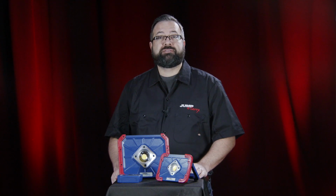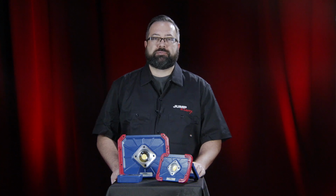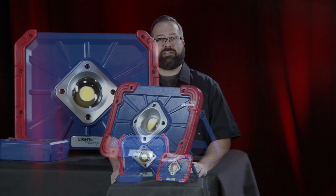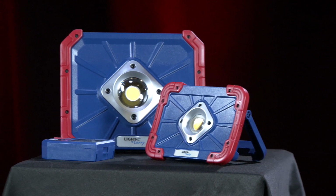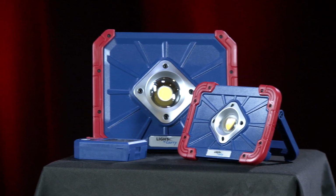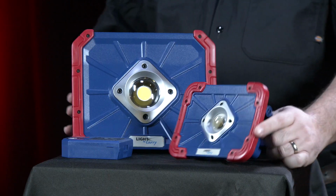Light and Carry Area Flood Site AFS lights are designed to provide wide, bright illumination to dark workplaces. Featuring the same Clore Performer battery technology as our Light and Carry work lights, these AFS lights have a laundry list of features to help brighten your work environment. Two models with powerful output, the 1500 Max Lumen